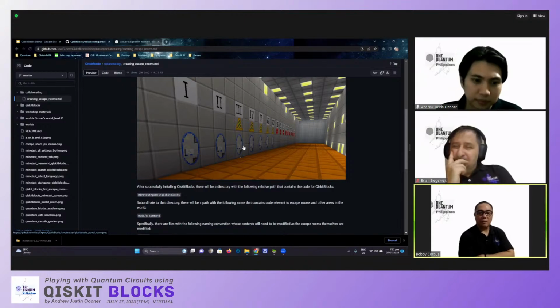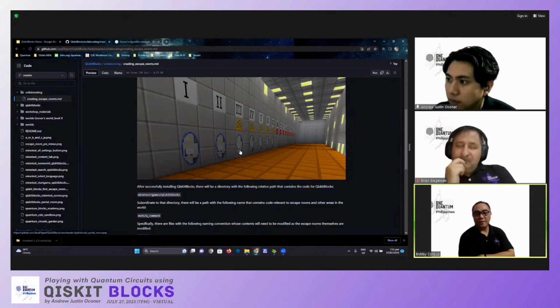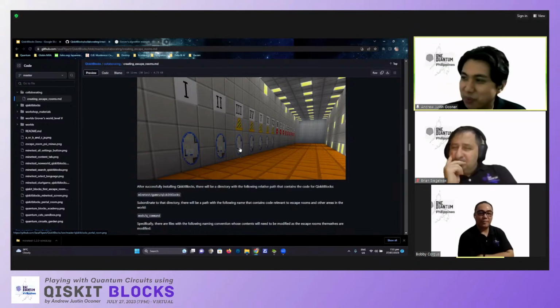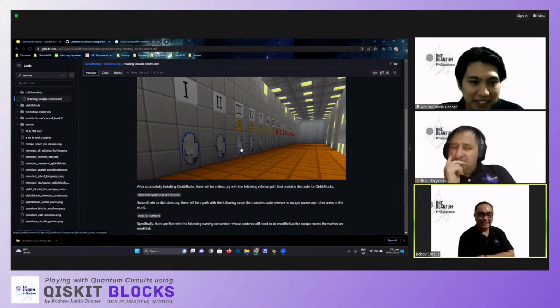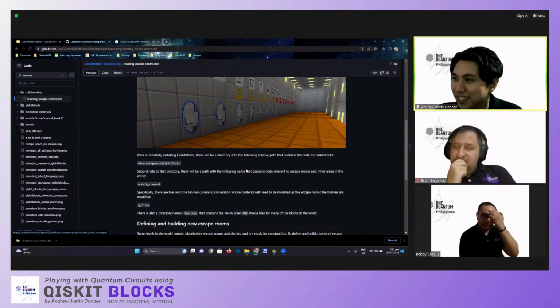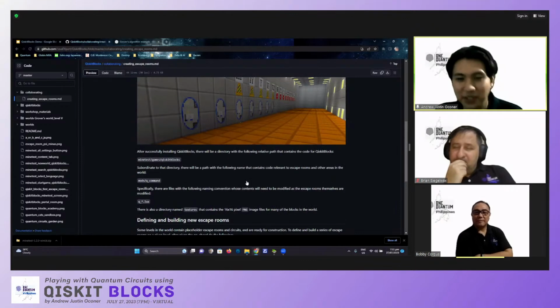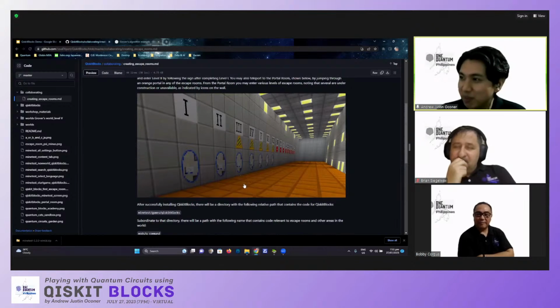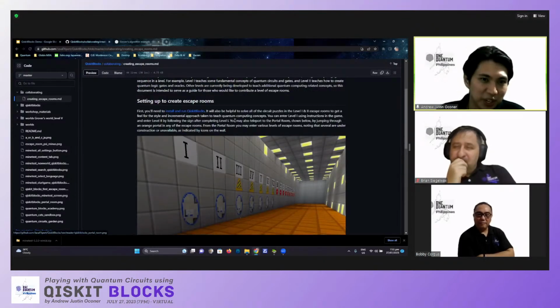That's really a nice programming exercise. It's a good project for anyone here in our group to learn about Minetest and be able to create our own quantum escape room. It's nice that because it's open source, it's easy. I don't want to say it's easy, but you can create your own algorithms here in Qiskit. And what's also nice is that it's already gamified,